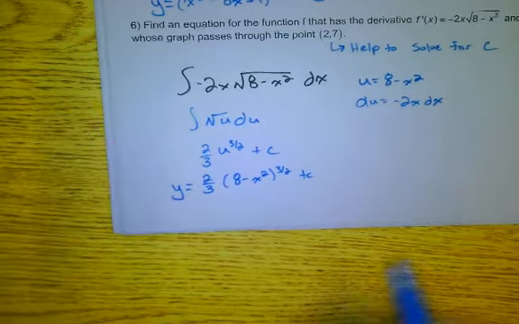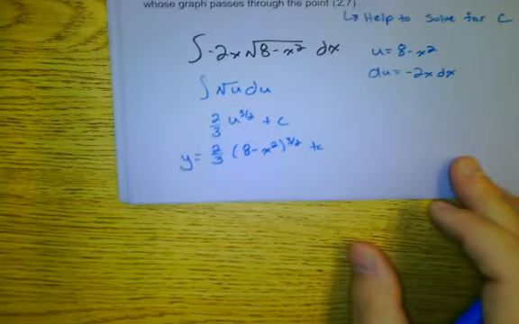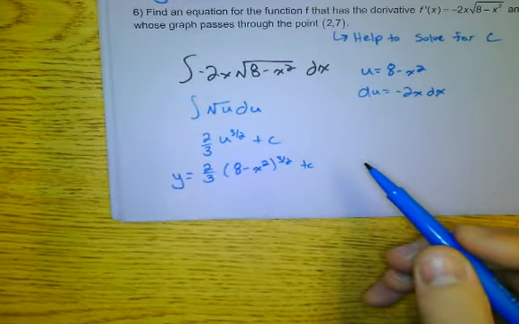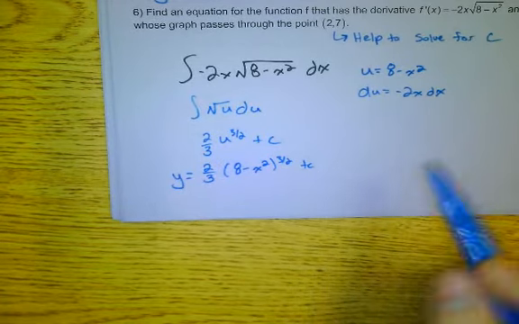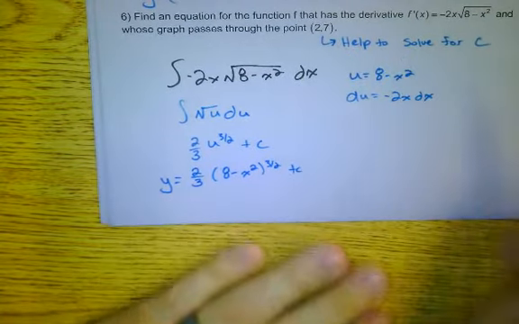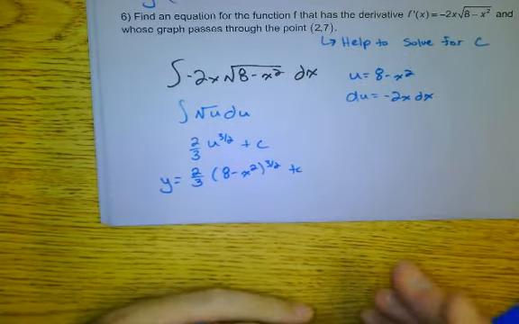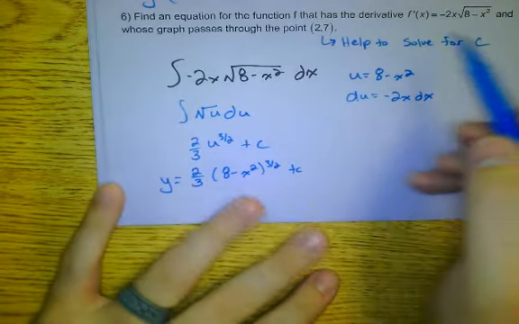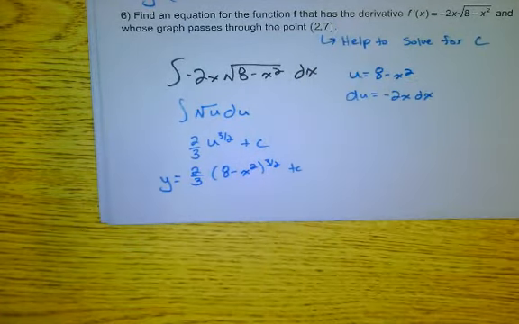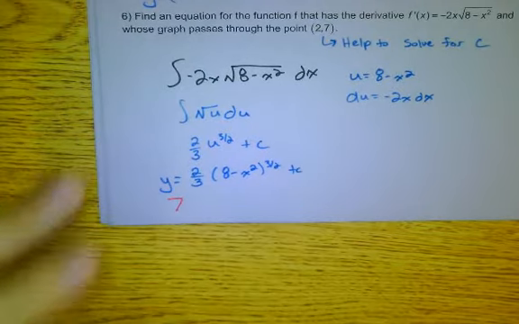Okay, so this is what y equals, or f of x equals, whatever, doesn't really matter. So, I'm not finished with the problem. Sorry, Jonah, we're not finished with the problem. Why not? Because it needs to pass through this point (2, 7). And this is going to help us solve for c. So in order to solve for c, you have to plug in for an x and y. So what goes in for x? What goes in for y? I'm going to try to color code this for us. So it's going to be 7